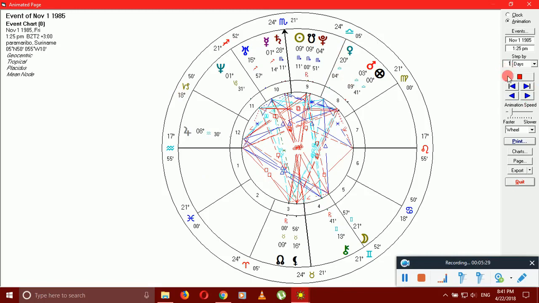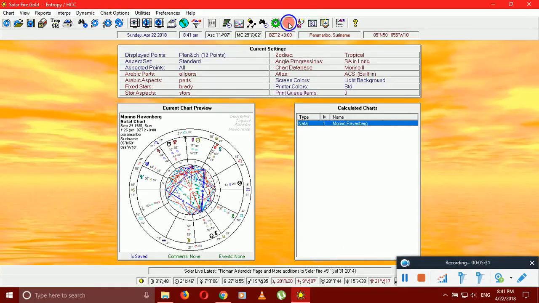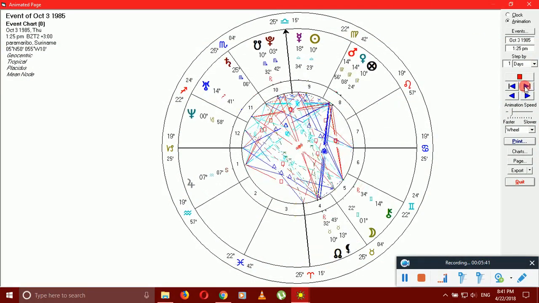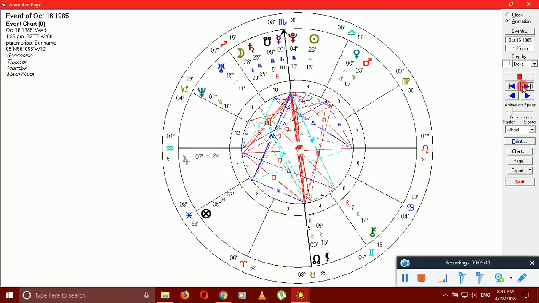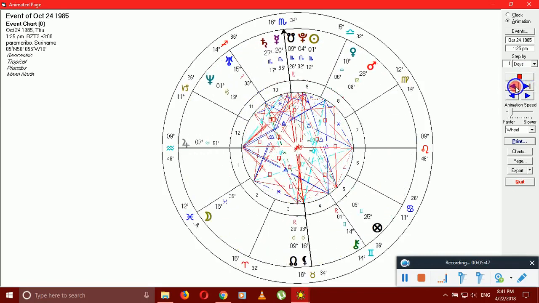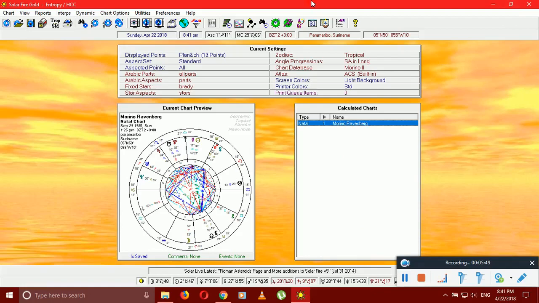If you want to fast forward through all the days, for example, since birth, I can simply fast forward by day, by hour, by minute, by second even. That's how ridiculously great Solar Fire is. I can easily do it, as you can see here. I can literally fast forward like no tomorrow. I can rewind, whatever you would like. And yeah, that's basically it on Solar Fire.